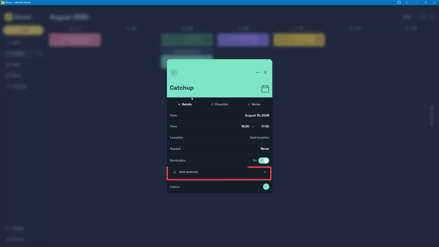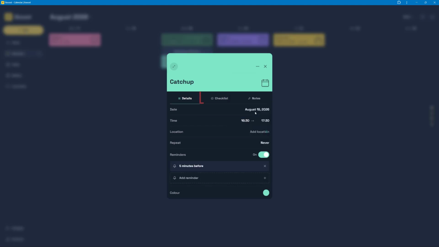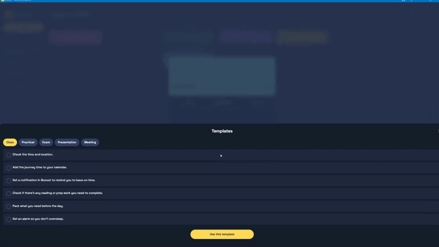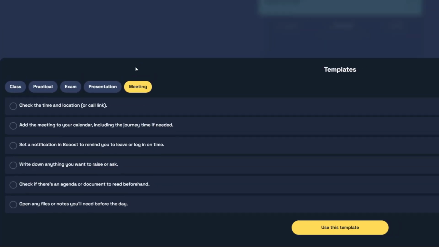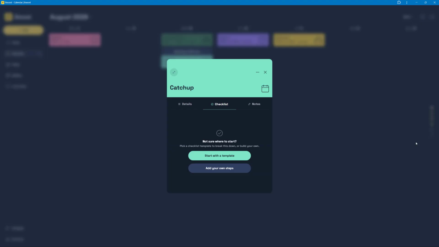Now if I double tap it, I've got multiple options I can work with here. I can come down the bottom here. I can add a reminder if I want there as well. Let's say 5 minutes before. I can add a checklist. Now they've got templates. If I click on them, they've added, which are quite good. But you can add your own ones. They've got class, practical, exam, presentation, and meeting. If I go back to class and close it, but you can add your own checklist